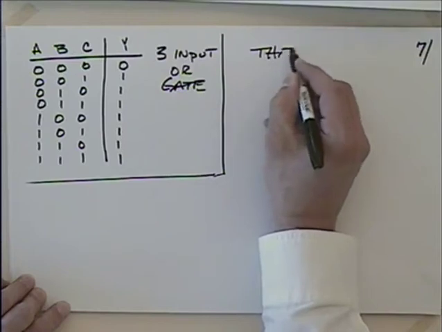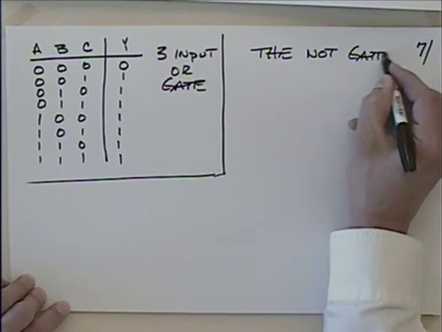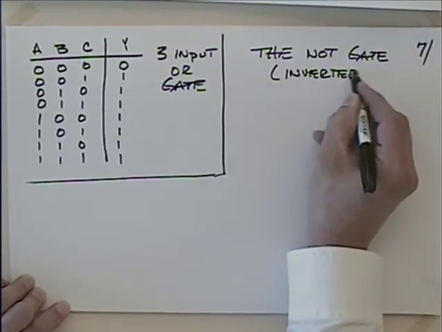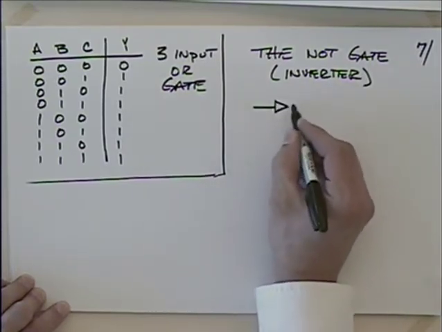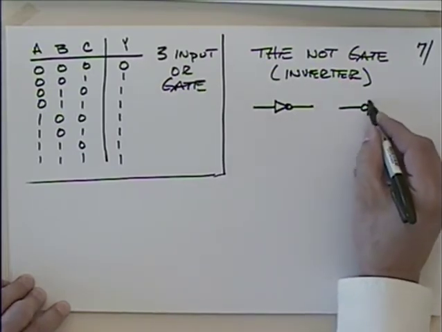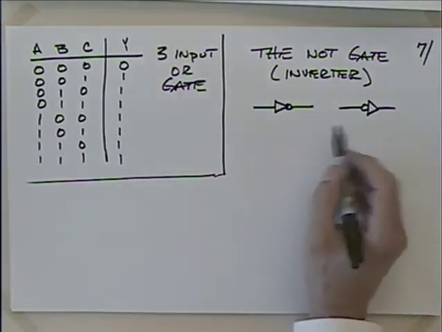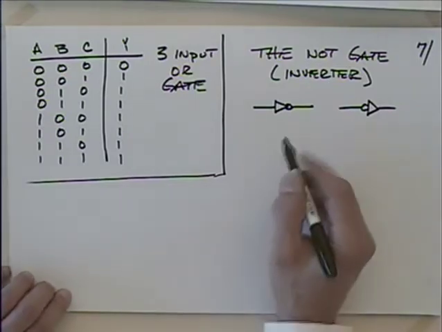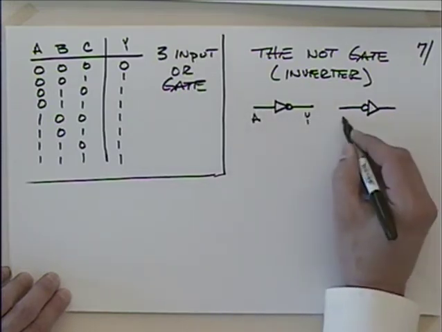So, the NOT gate, what we call the inverter. And it has a couple of different symbols. Sometimes it'll look like this, or another very valid symbol is it'll look like that. And this bubble, a lot of times they'll use that bubble to indicate that they've inverted something. So pretty common there. If I have an input of A and an output of Y,